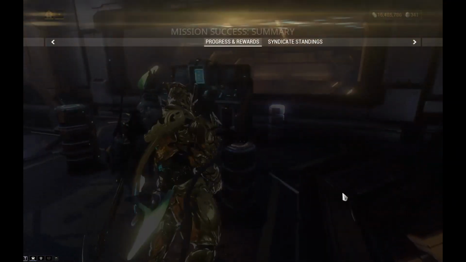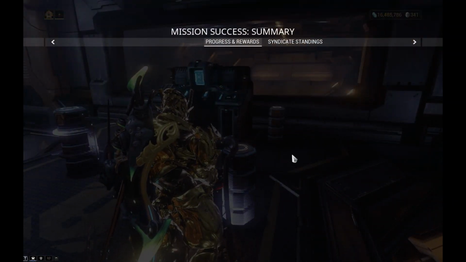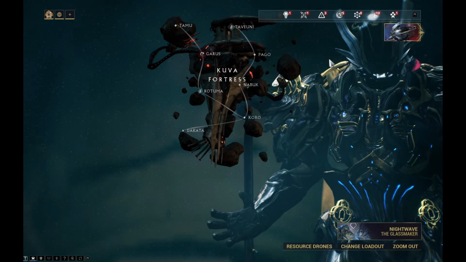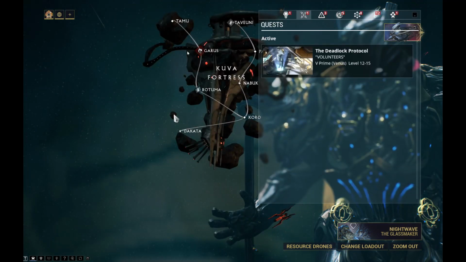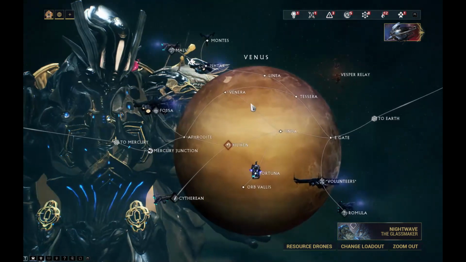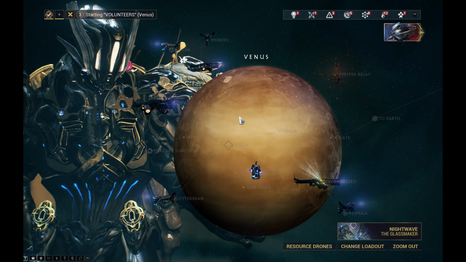The next quest directly after this one is actually purely a cutscene. All you have to do is head on down to Fortuna and watch it, and then after you're done, it'll just tell you to go back to the Orbiter. I've deliberately skipped this quest just in case anyone who wants to watch it has the opportunity to do so